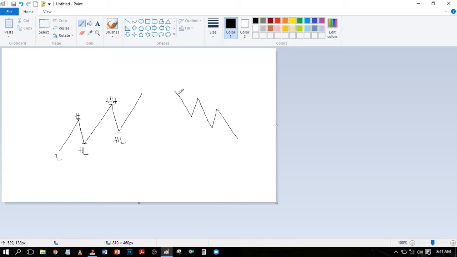Now, another thing for the lower time frame is, this is your high and this is your lower high. Sorry, this is your low rather. Then this is your lower high and this is your lower low. Then this is your low, this is another lower high. You understand? So you can see the progression. This is high, lower high, lower high. This is lower than this. This is another low, and this is a lower low. This is lower than this low here.